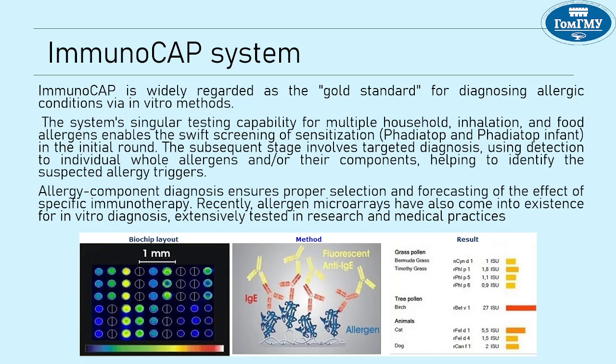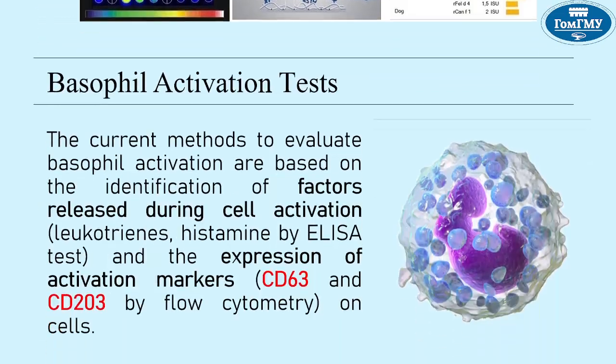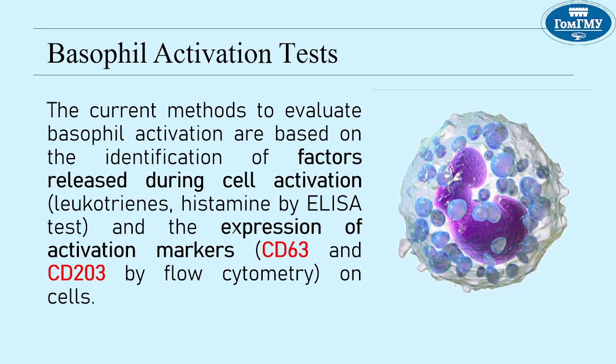Recently, allergen microarrays have also come into existence for in vitro diagnosis, extensively tested in research and medical practice. Basophil activation tests. The two primary effector cells in IgE-mediated allergic reactions are tissue mast cells and peripheral blood basophils. These cells may also be involved in pseudoallergic or other types of allergic reactions, including non-immunological or non-IgE-mediated stimulation and